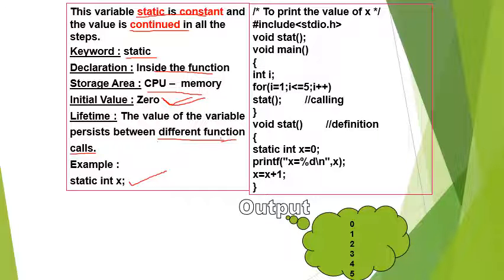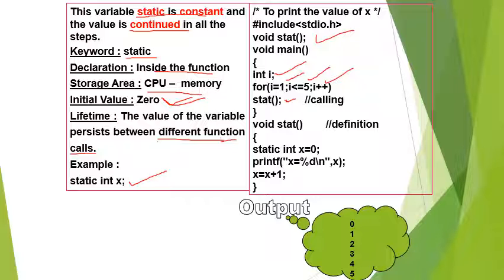Here we are declaring a function void stat. In the main function we are declaring an integer variable i, and for i equal to 1, i less than or equal to 5, i plus plus, it is calling stat. So for the values 1, 2, 3, 4 and 5, it will be calling the function stat.